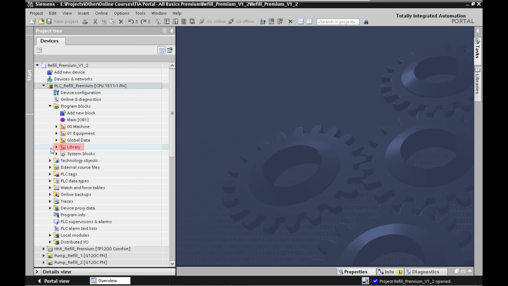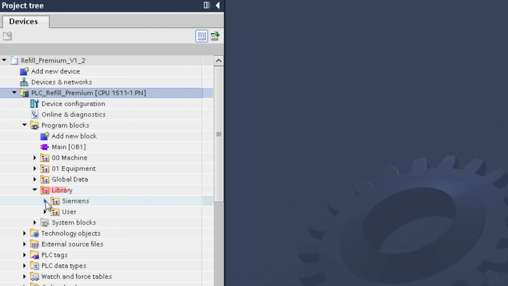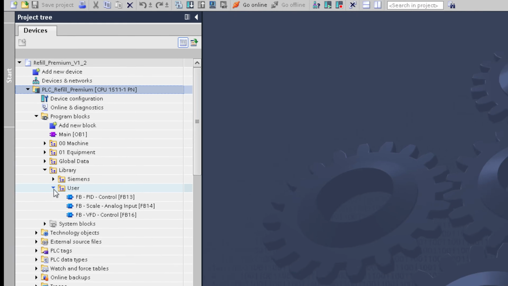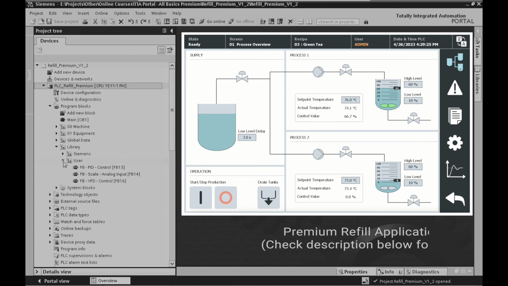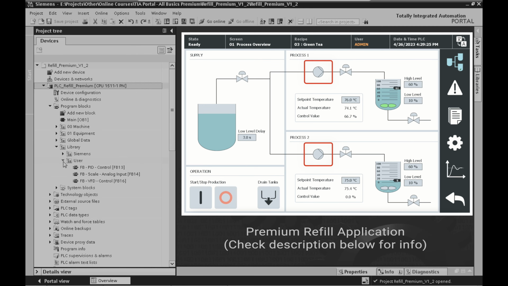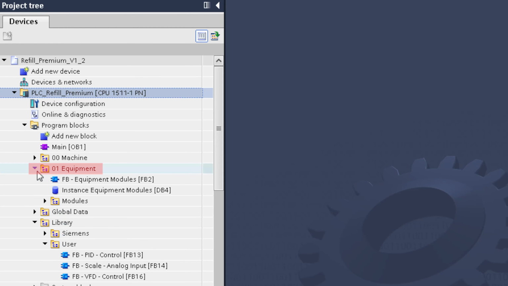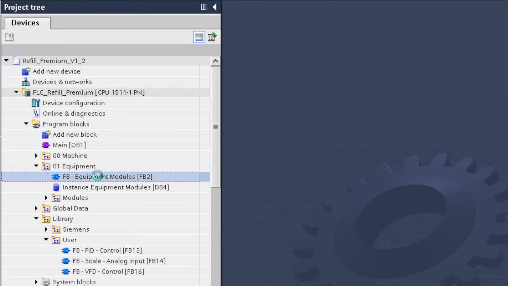So if we have a look here under my library folder and under the user folder, you can see that I've created a FB VFD control, which is a standardized control block encapsulating all logic necessary for controlling the VFD. So this block is used to control the pumps of the refill application, the process pumps of the refill application. The refill application is part of the equipment group. So if we open this group and we look at equipment modules, which is the main function block that calls all the function blocks for the equipment modules,